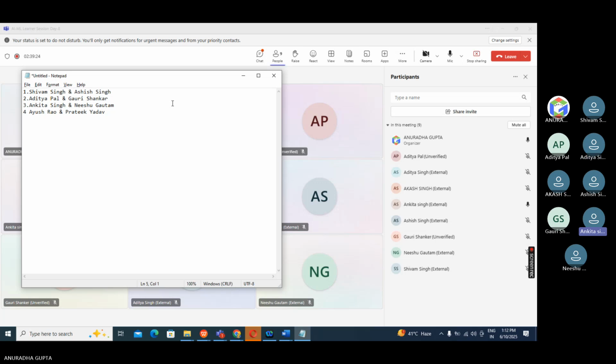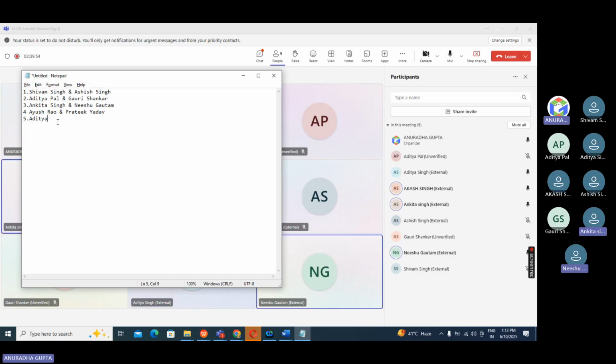Yes, sir. Anyone else left? Shivam, Ashish, Aditya Pal, Gauri Shankar, Ankita Singh, Nishu Gautam, Ayush Rao, Pratik, Aditya. I think Aditya, you are the only one left, right? Yes, sir, I can join with Aditya Singh.